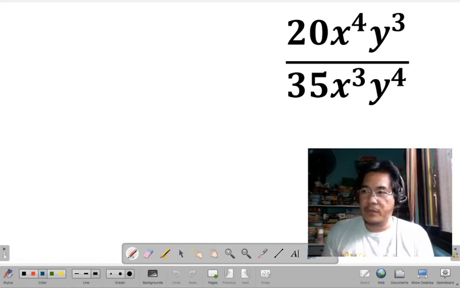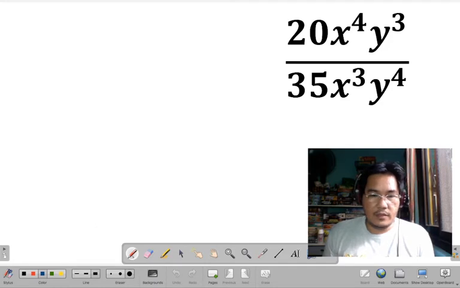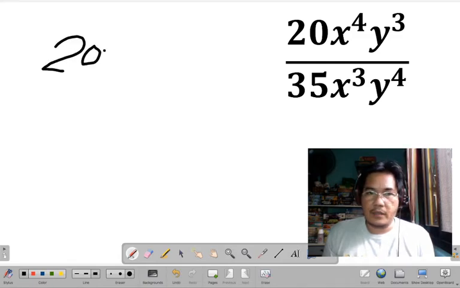So if you want to show them how to solve, just pull out the open board. That's it. Let's try to solve. Let's say you want to answer that one. So 20x to the 4th y^3